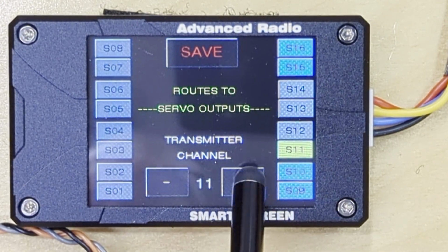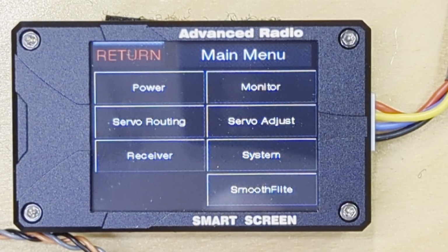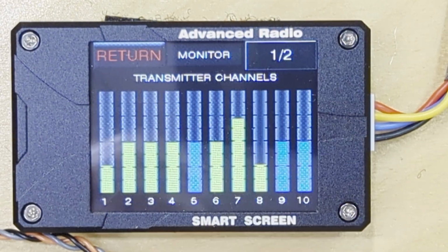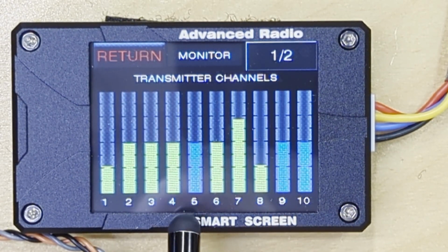And then same thing, 12, 13, 14, it's not letting me do anything, so we've already matched those. So one thing that I would kind of like to adjust or give you an option to is on monitor. So now we've assigned all these channels, but you can see that, for instance, channel 5 is our left